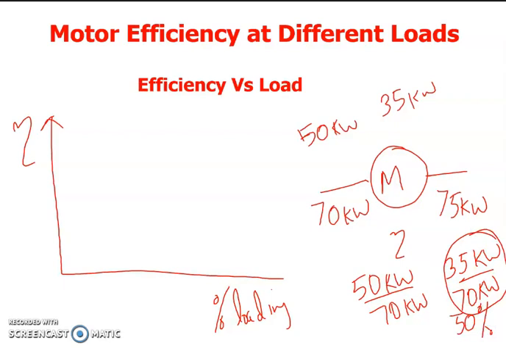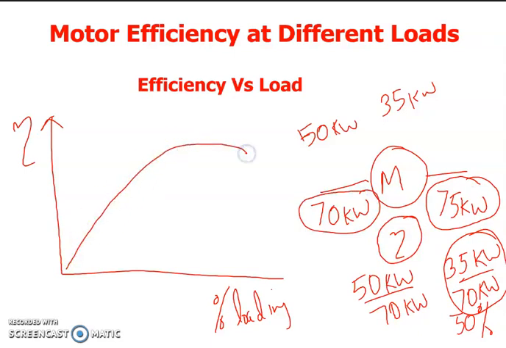So whenever we are calculating the loading of the motor, always remember that we should take either the output side or the input side. But for electrical parameter measurement, always take the input parameters, because we are able to measure the voltage, current, and the power factor at the input side of the motor. And therefore, from the rated output power, we calculate the rated input power using the rated efficiency value.